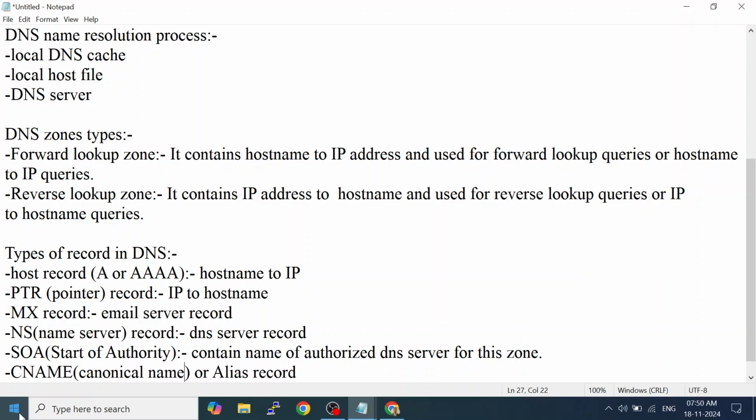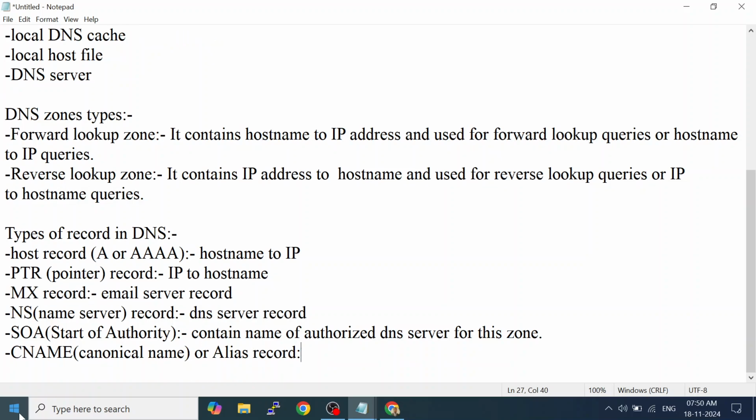Canonical name, short name, or additional name for any host record, like we have just seen. So these are the types of record. Apart from that, other records are also there, but these are the common records we should know.